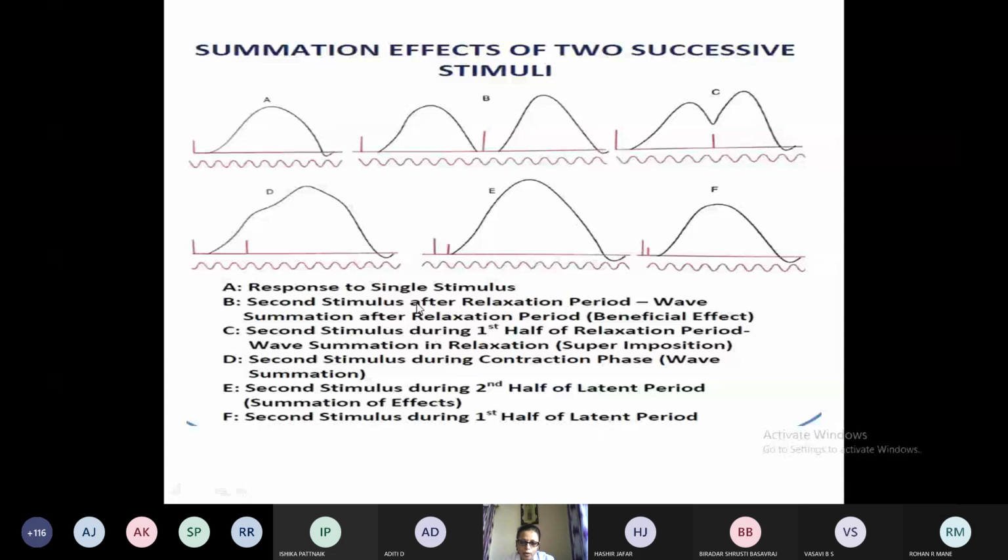So what could be the causes? What are the phenomena? When you are applying the first time, that is releasing the calcium. And again the second time you are applying, again it is adding to the release of calcium from the sarcoplasmic reticulum. So this can be one reason. Additional calcium we are getting from the sarcoplasmic reticulum. Second, due to the successive stimuli, the temperature of the muscle is increased, so the viscosity of the muscle is decreased. So the muscle is fully active to perform at its highest.